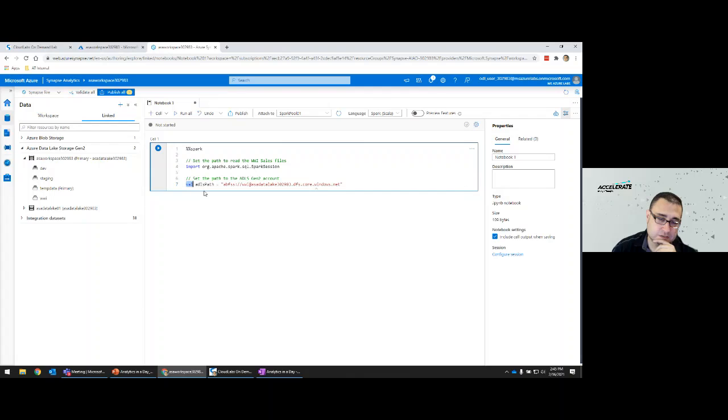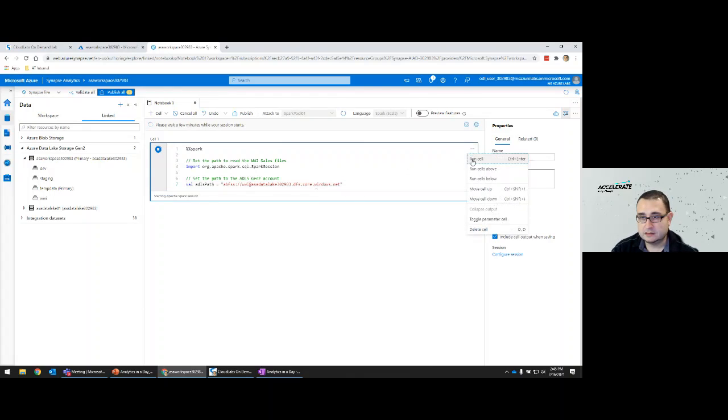And then we're going to assign to a variable called ADLS path the path of our ADLS lake. We're going to run that either by clicking Run Cell or pressing Control Enter. What that does is it initiates our Spark session, initiates the kernel if you haven't used that, which is in this case the Scala kernel, and it is importing this library and defining this variable ADLS path.